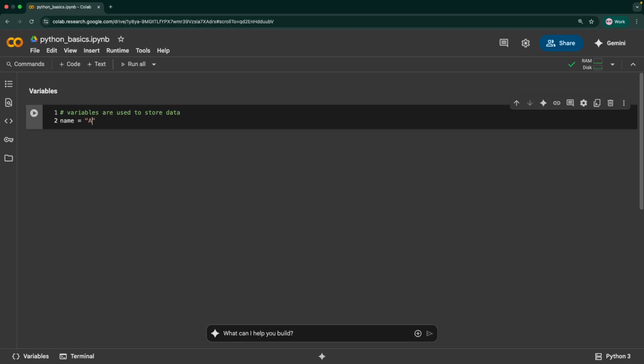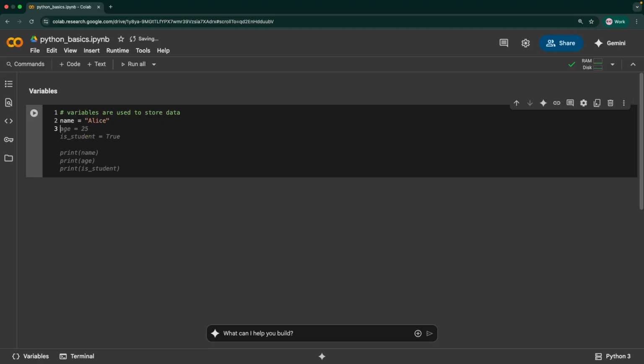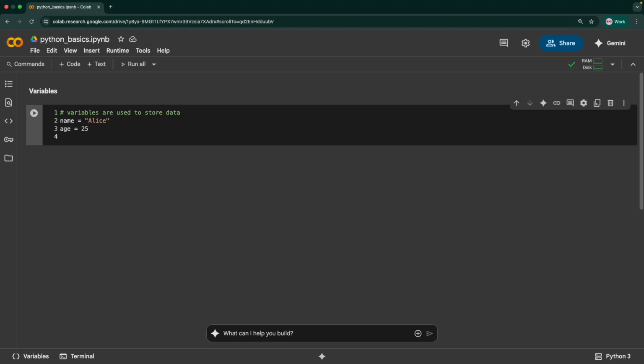I'll say name is equal to Alice, then age is equal to 25, then height is equal to 5.7, and let's say is_student is equal to True.